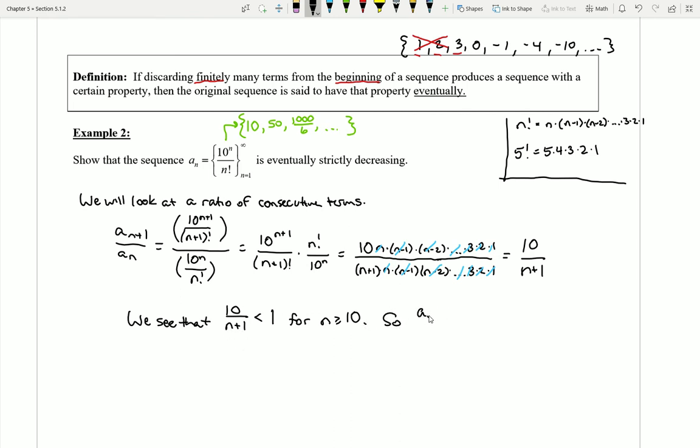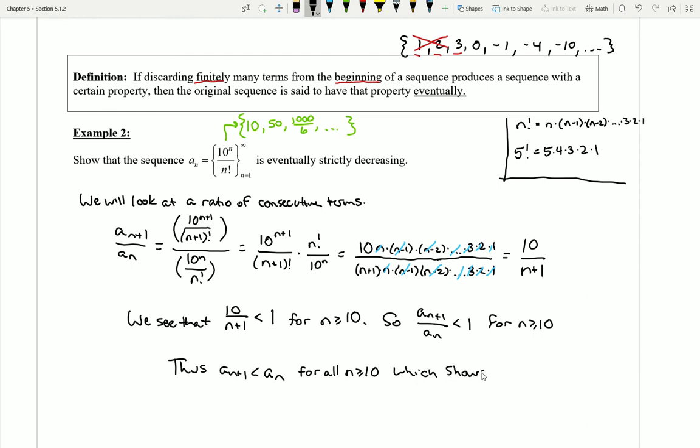And so my a sub n plus 1 over my a sub n will be less than 1 for n values greater than or equal to 10. And thus, my a sub n plus 1 will be less than a sub n for all n greater than or equal to 10,